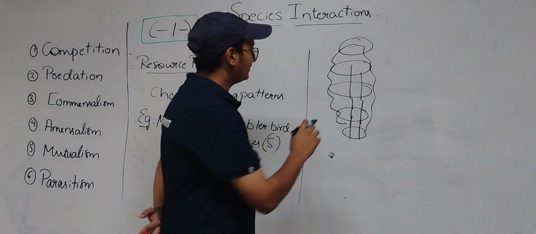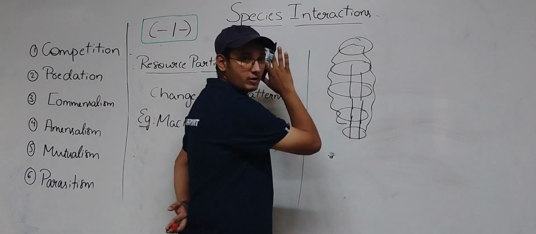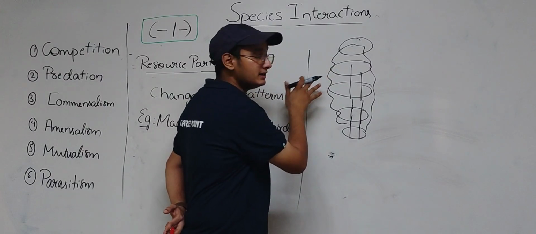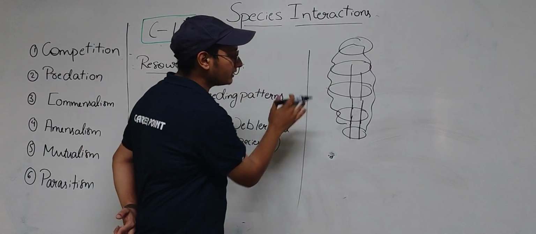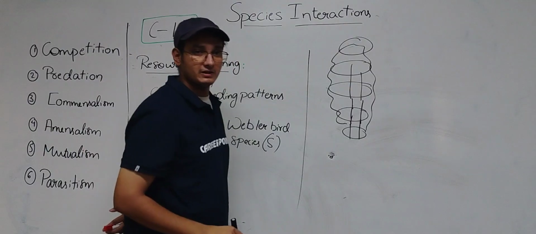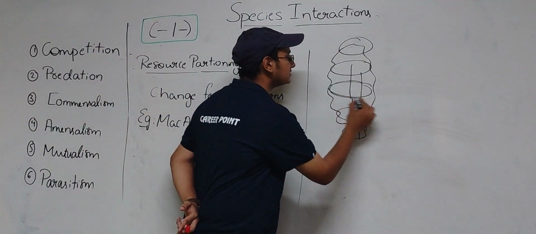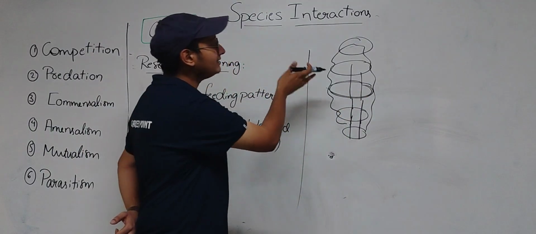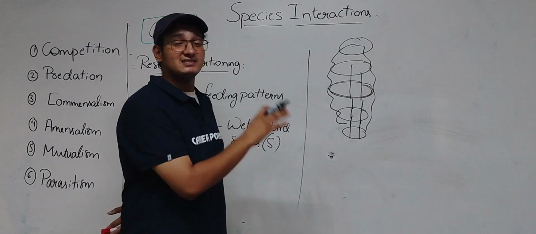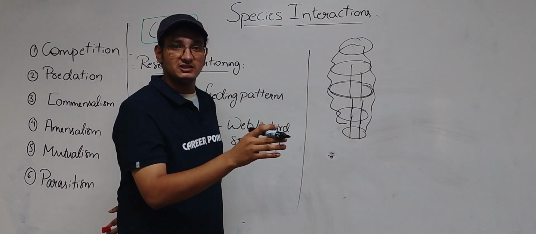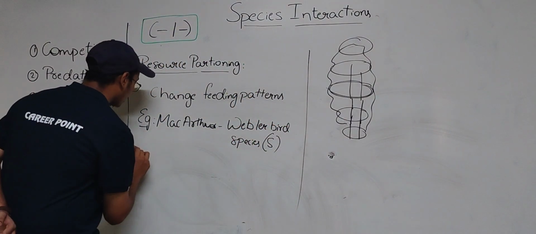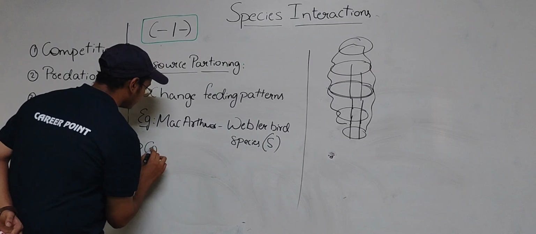Did you see? Instead of feeding in the same region, they divided their feeding patterns. So this avoids extinction